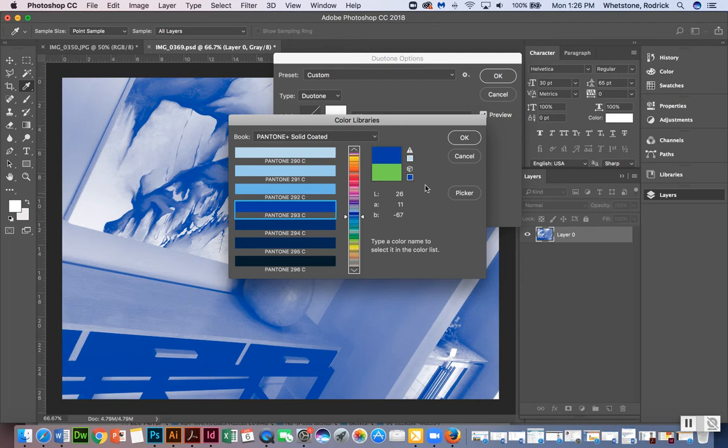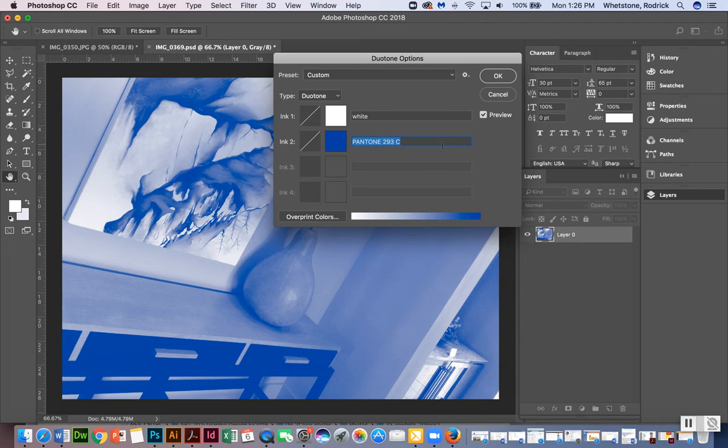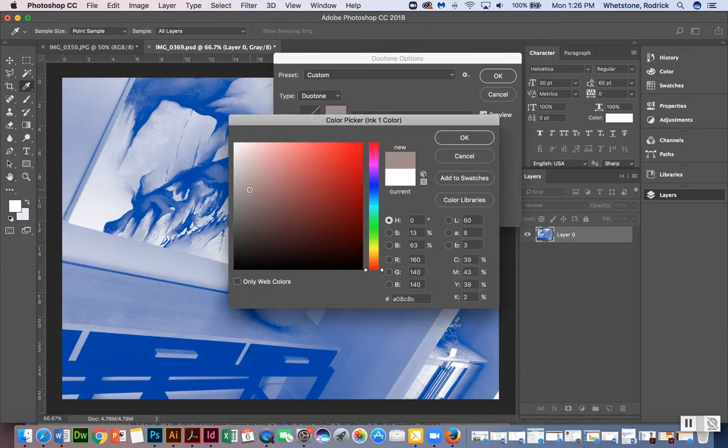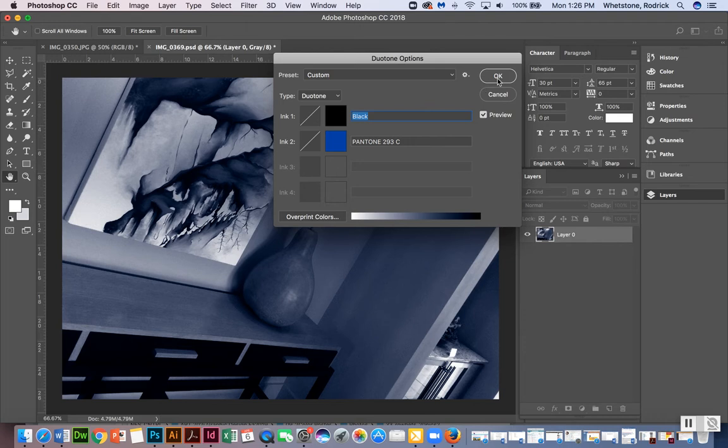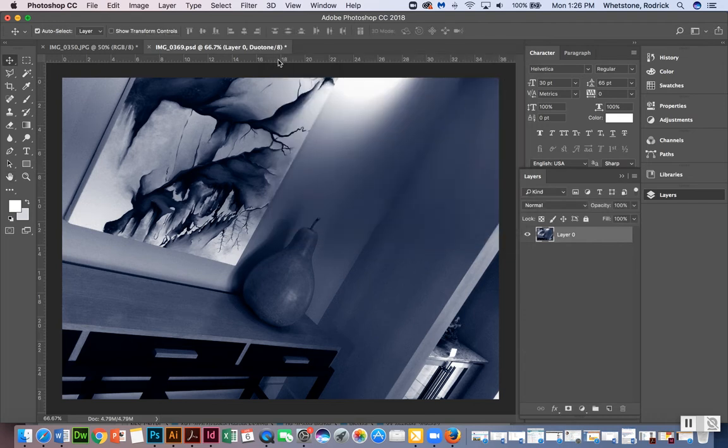So I'm going to keep my color at 293, hit OK. And right now I've got it with my Pantone blue and then white. I can leave it like that, or I can turn this one black. And you'll notice it changes the background. It changes it to the color in black, so it's going to be a lot darker. For right now, I'm going to leave it darker. Then I'm going to hit OK. Now that's the first thing we're going to do with it, turn it into a duotone, add in our color